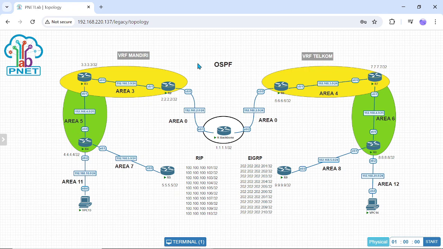So the conclusion is we use VRF Mandiri and VRF Telkom.